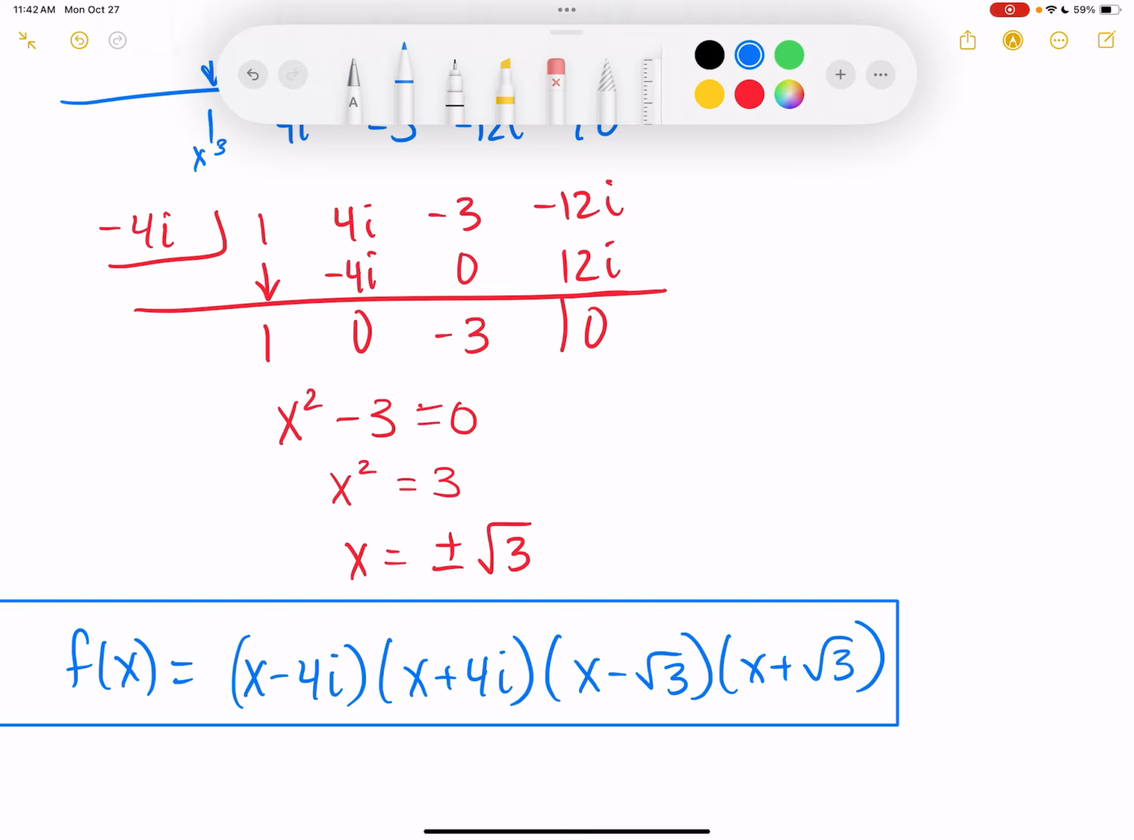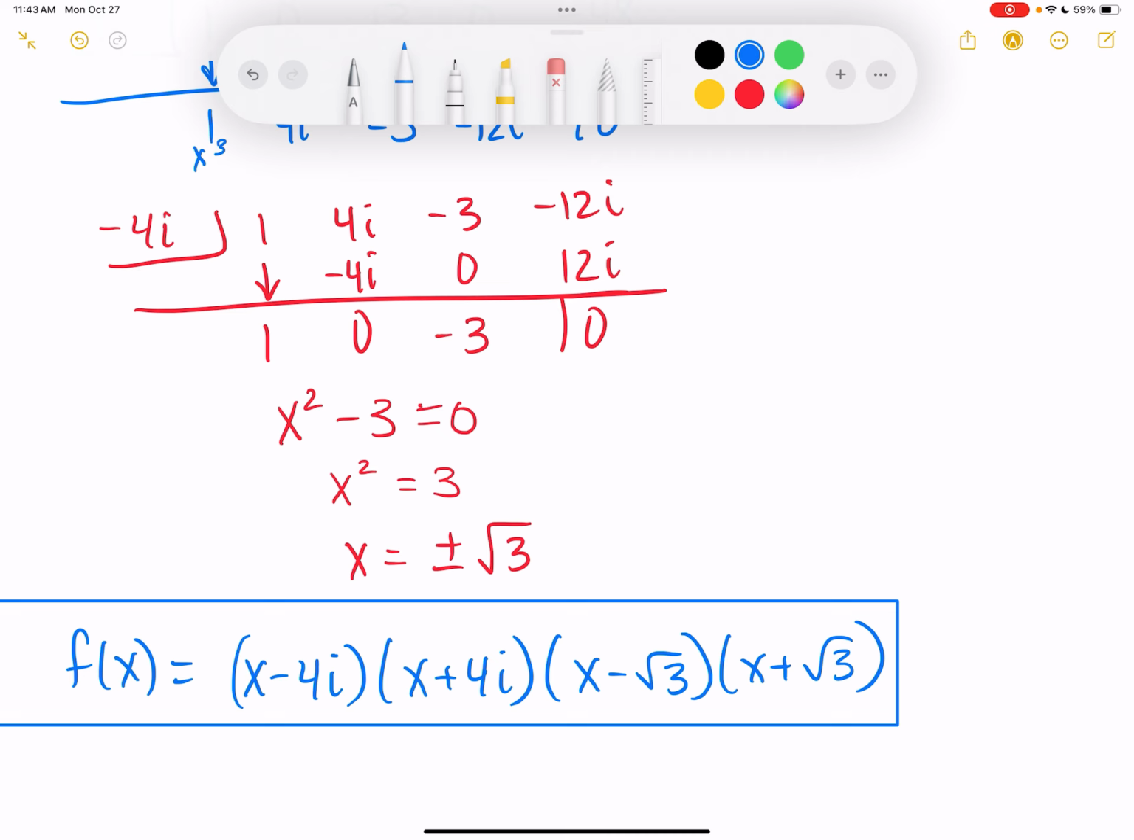All right, the last set of problems say to write the function as a product of linear and irreducible quadratic factors. So we're taking it as far as we can, but we want everything to be real and all of that. So,